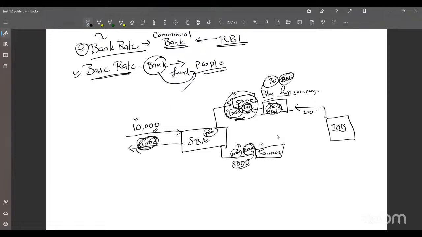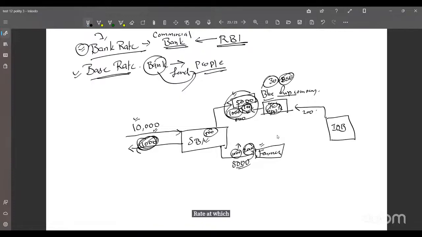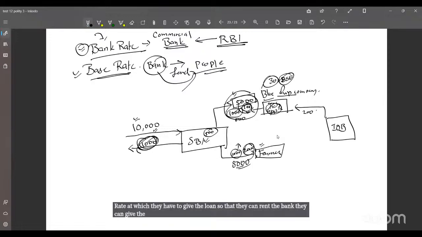சோ இந்த பர்டிகுலர் விஷயத்த பண்ணக்கூடாது அப்படிங்கறதுக்காக ஆர்பிஐ வந்து ஒரு ரூல் கொண்டு வராங்க. என்ன ரூல் அப்படின்னு பாத்தீங்கன்னா, பேஸ் ரேட், அந்த ரேட்டுக்கு கீழே நீ யாருக்காகவும் இன்ட்ரெஸ்ட் ரேட்டை குறைக்க கூடாதுன்னு சொல்லி ஒரு ரேட்டை மார்க் பண்ண சொல்றாங்க. யார மார்க் பண்ண சொல்றாங்கன்னு பாத்தீங்கன்னா, எஸ்பிஐயே மார்க் பண்ண சொல்லுவாங்க. That bank itself has to give a marginal cost of lending rate. They will calculate all the rate at which they have to give the loan so that they can run the bank, they can give the loan, the depositors' money, they can pay for AC, they can pay for light, and they can pay for everything, and still they will have the profit.